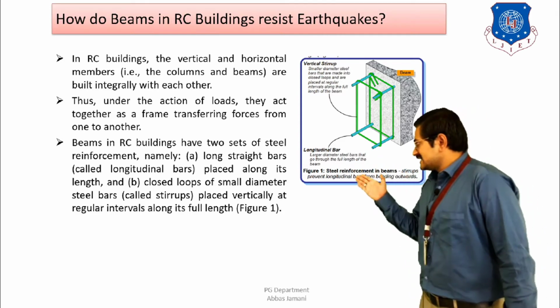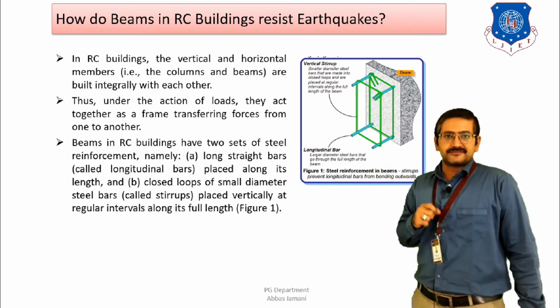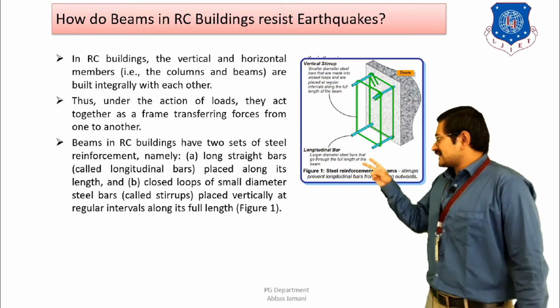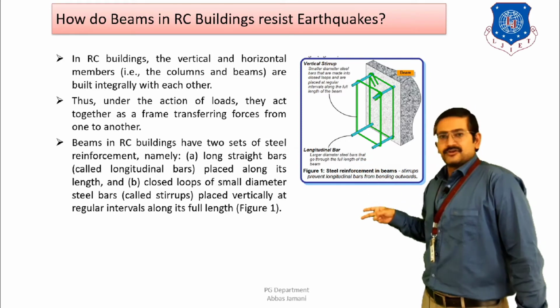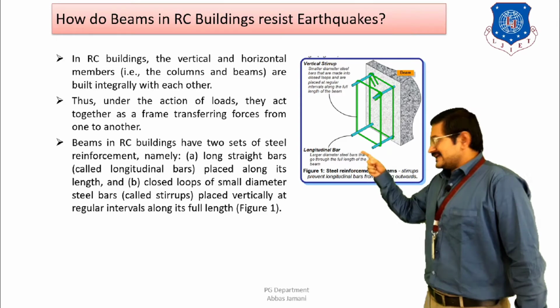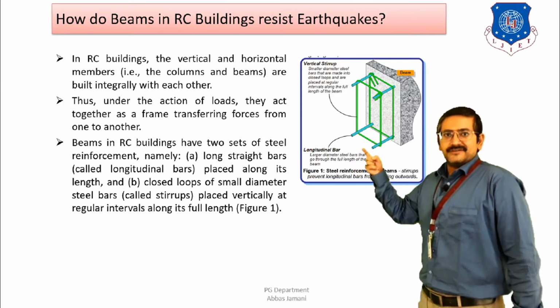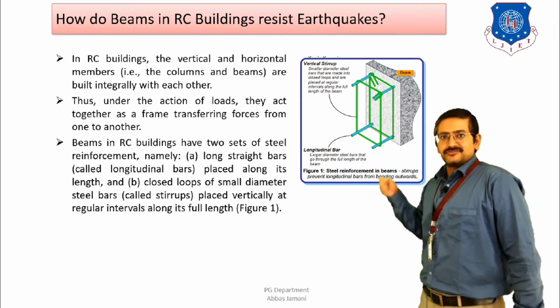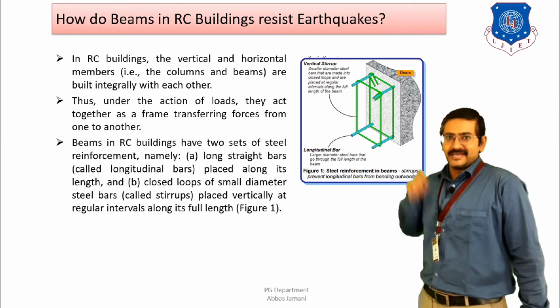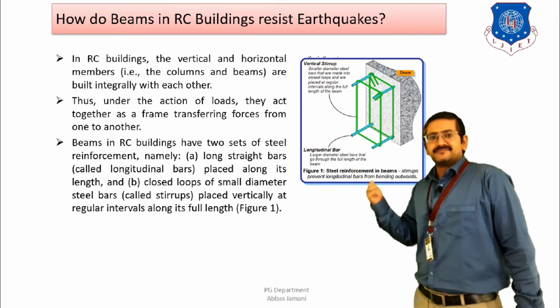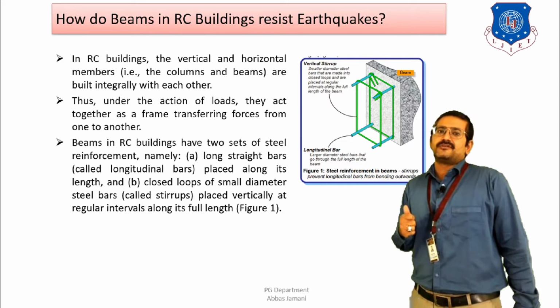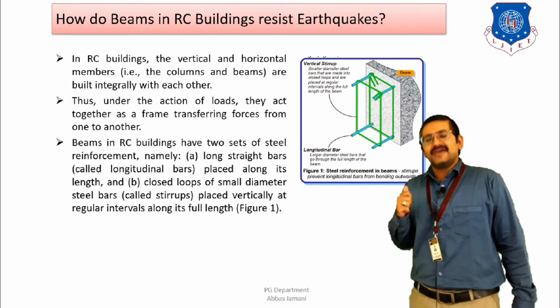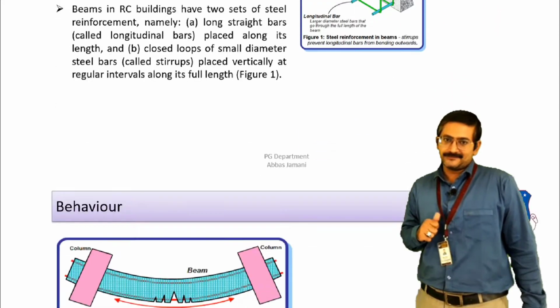So as you can see in the figure over here, two types of reinforcing bars are shown. The top longitudinal bars and the bottom longitudinal bars are shown, and there is a closed loop which is going to connect the top bars with the bottom bars, and it is going to form a confining area, right? The minimum diameter of this closed loop is going to start from 8 mm, and in case of longitudinal bars, the maximum diameter of the bar can go up to as high as 32 mm as well, right?